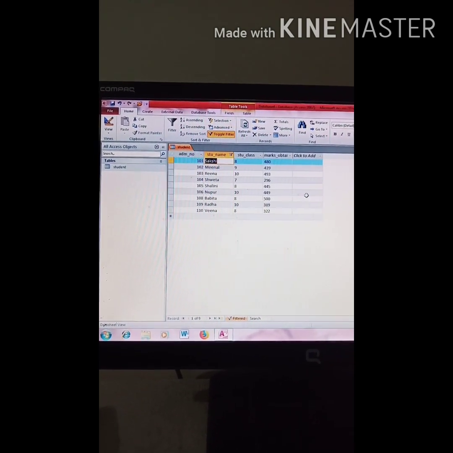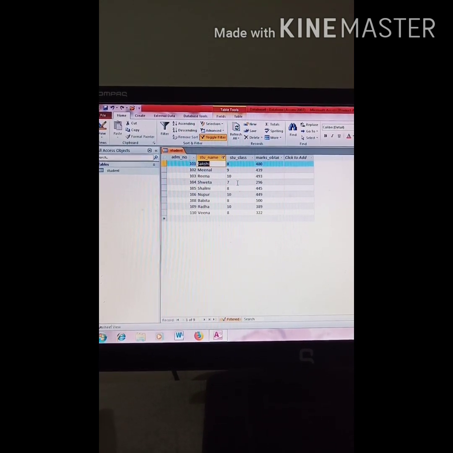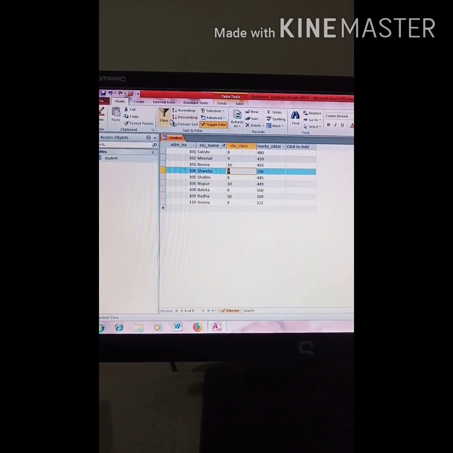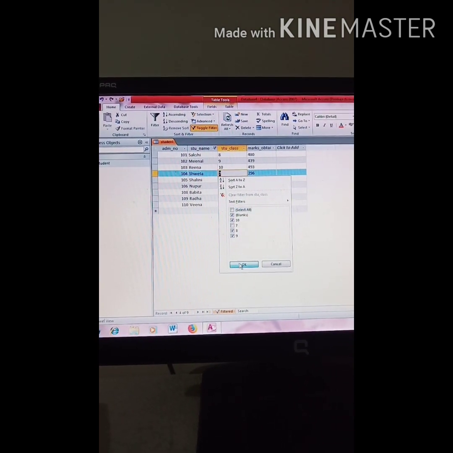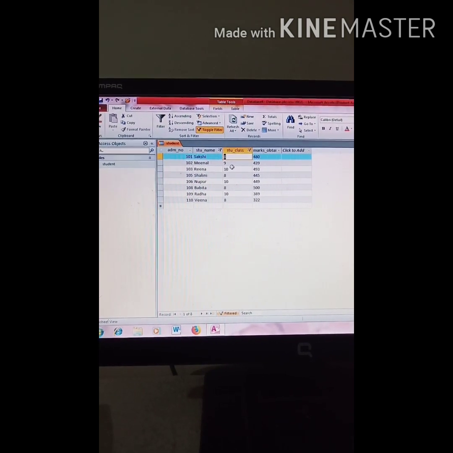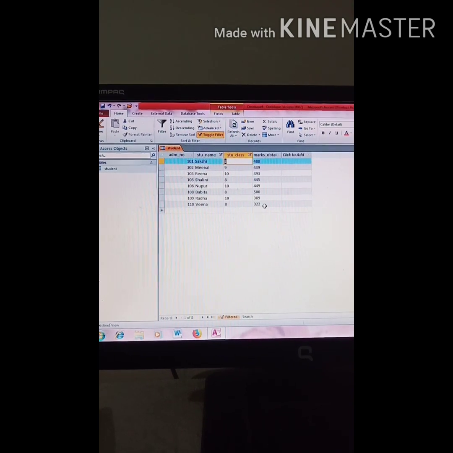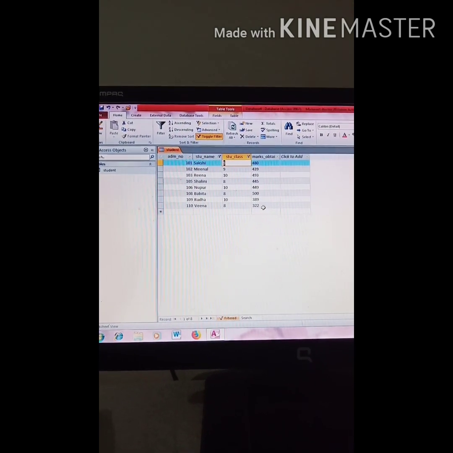Similarly, if you want numeric data to be filtered, just click on this. Suppose I don't want this class 7 student in my list. What I have to do is just select this 7, click on filter and deselect 7 from here and then click on OK. And all the class 7 records will be eliminated from my table. This is all about sorting and filtering of data.